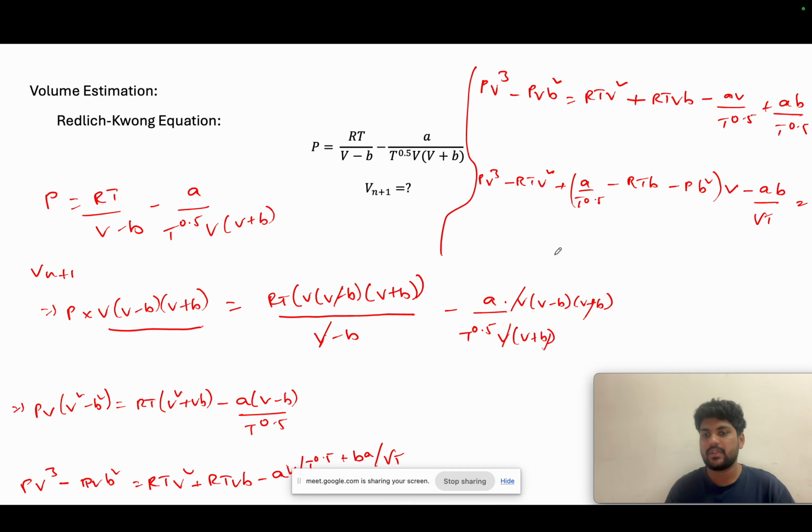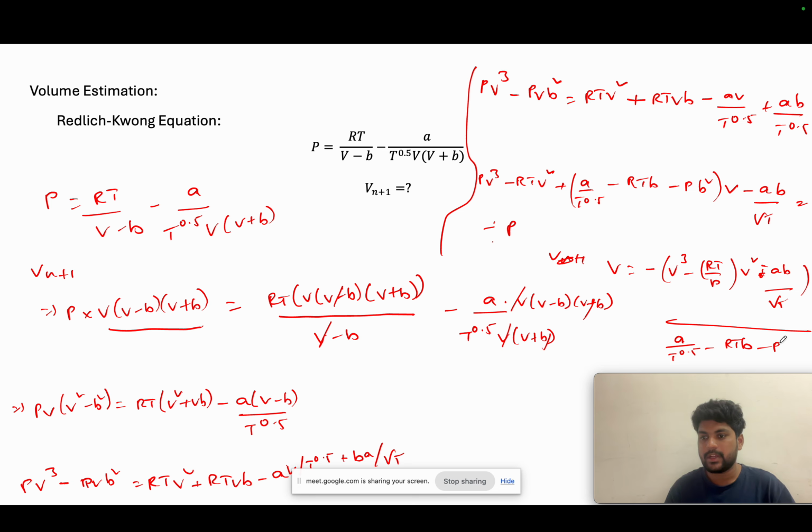So it is a cubic equation where we can use V equal to minus of. So now to make it a cubic equation, we will divide all the equation with respect to P. So then we will get minus of V cube minus RT by P into V square plus minus AV by root T divided by A into T to the power 0.5 minus RTB minus PB square,